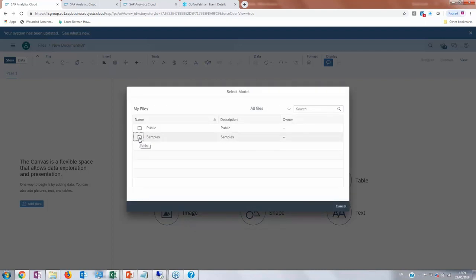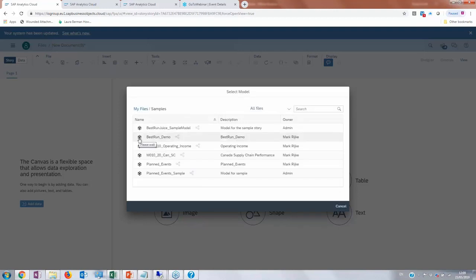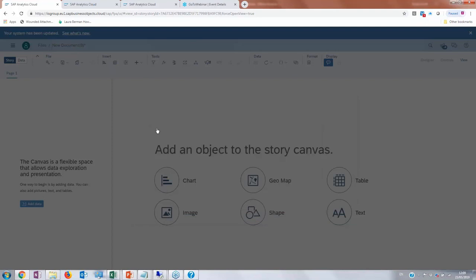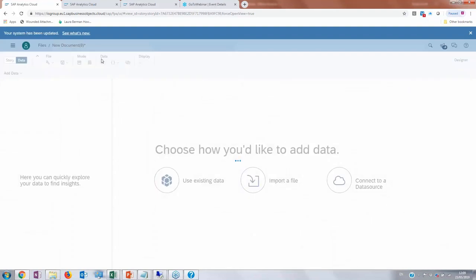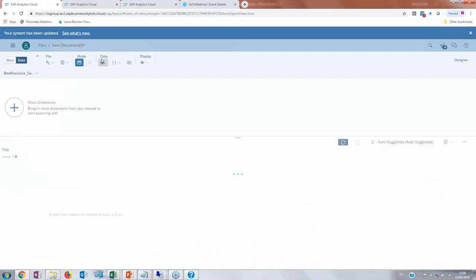Now for the purpose of this morning, I'm just going to use a demo data model here, and it's called Best Run Juice. It's a sales data model, and if I click on that, it loads that data model and brings me into a data modeling area. It has looked within the data model at all the fields of information contained within it, and it knows what is a measure type field, a measure being something that you can value, like a gross margin or a discount,